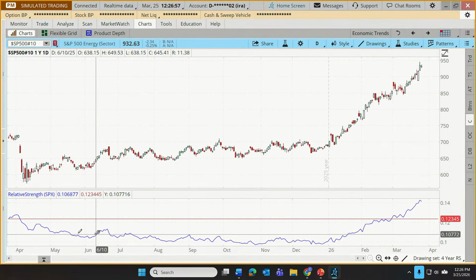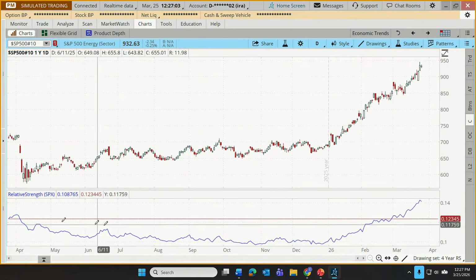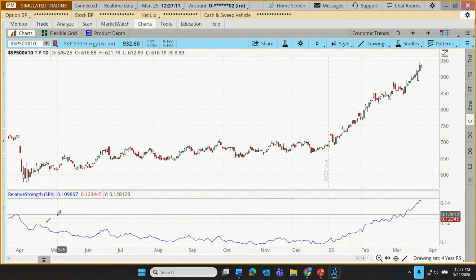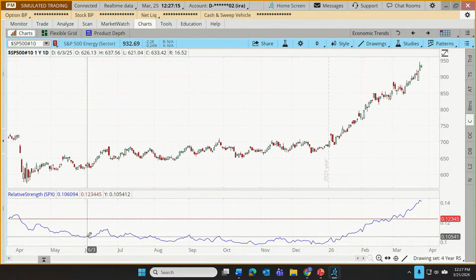And what we're left with here are two lines. We have the red line, which is sort of our starting point. And then the blue line is just a comparison of which has been stronger, the energy sector or the S&P 500. If our blue line is going down, during that time frame the energy sector has been weaker than the S&P.